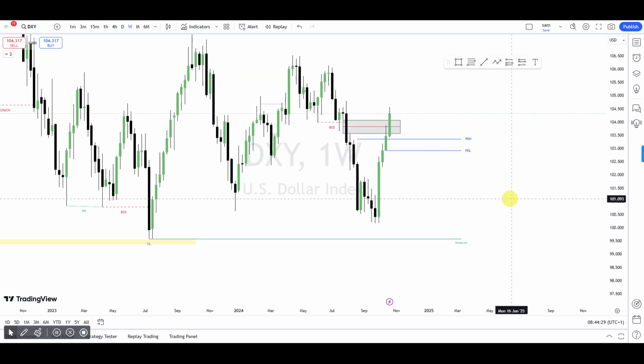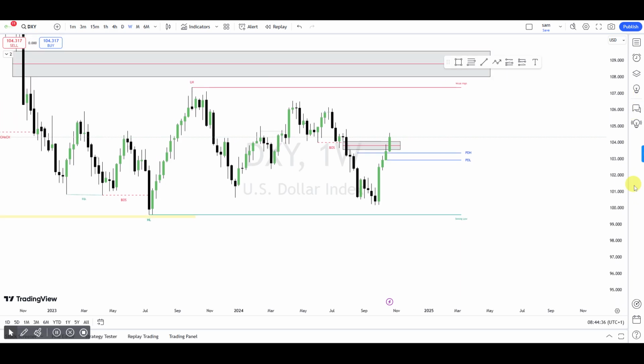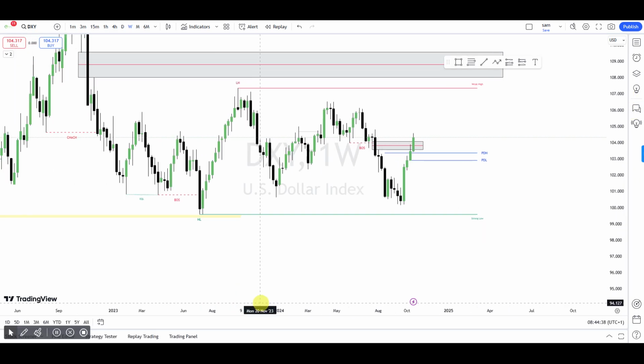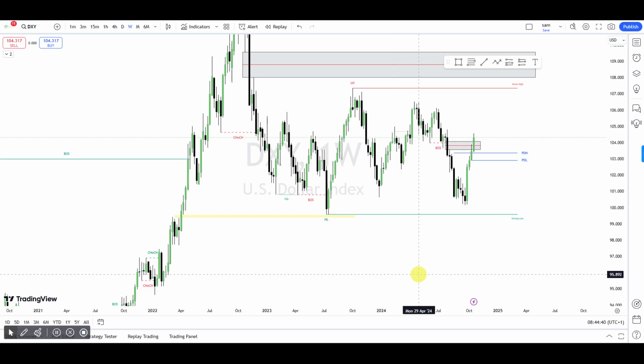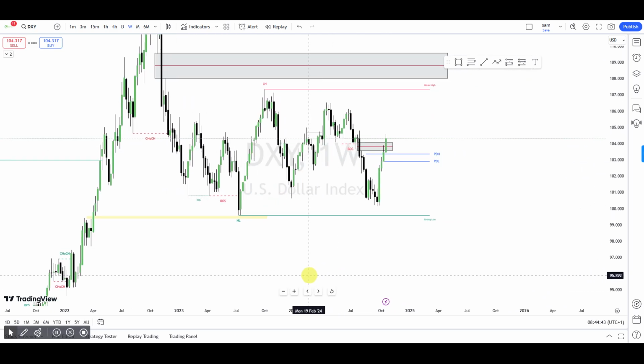But then what we are seeing, the market hasn't taken this liquidity out yet. Will it take it out? We don't know yet, but let's hope it does. Well,